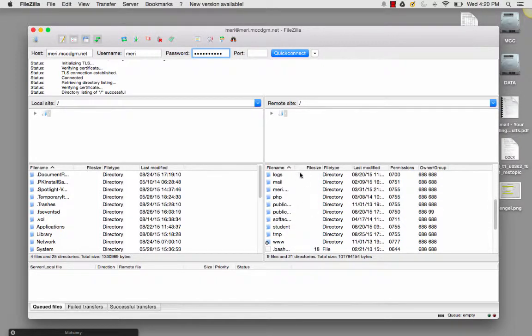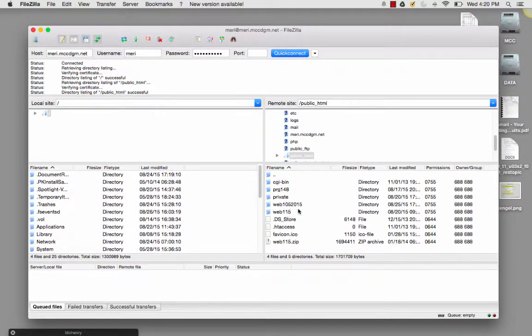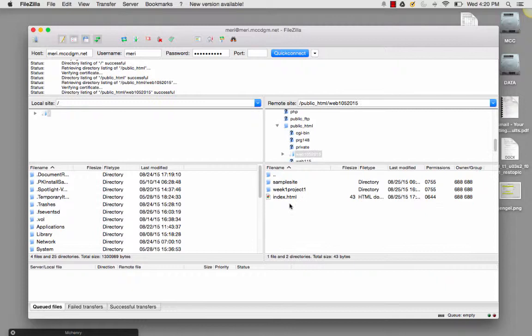You will always want to go into public_HTML. Make sure you're not choosing public_FTP. That's the most common error. So here, if I want to add something, I would go into the file that I want to add it to. And then here on my local site, I can go,